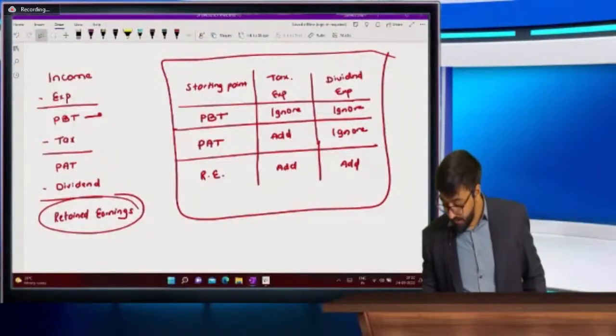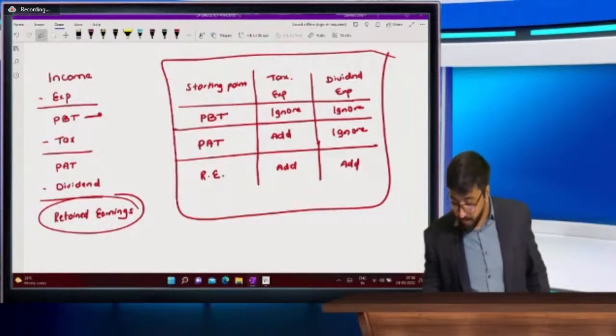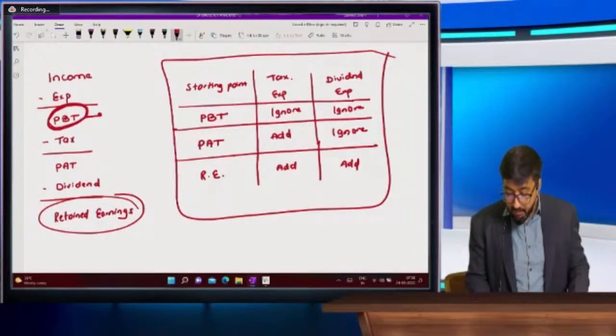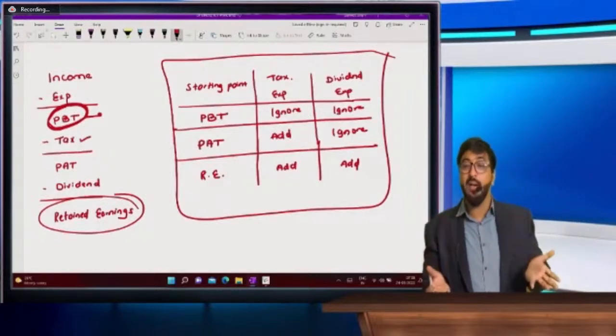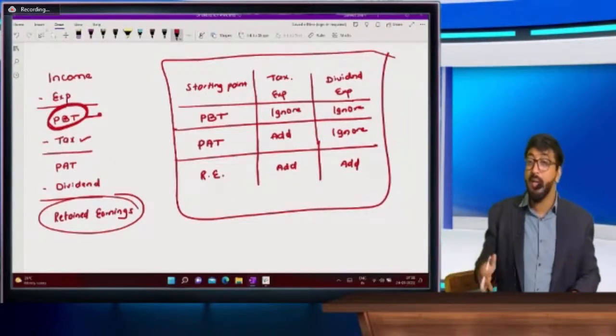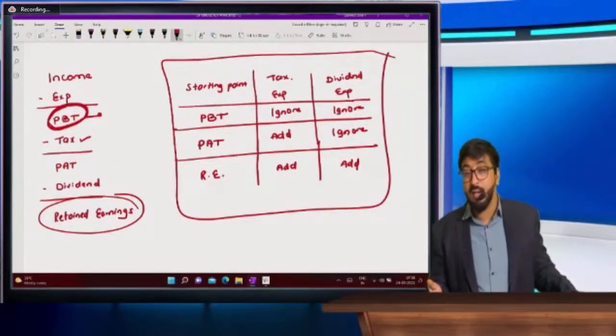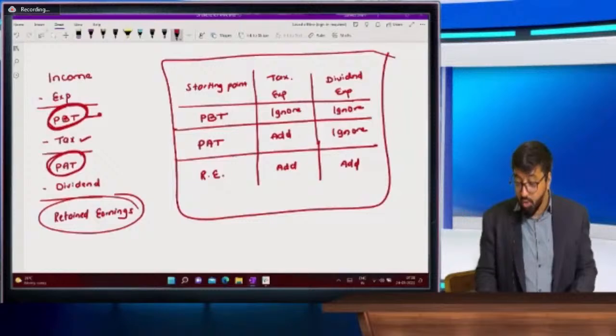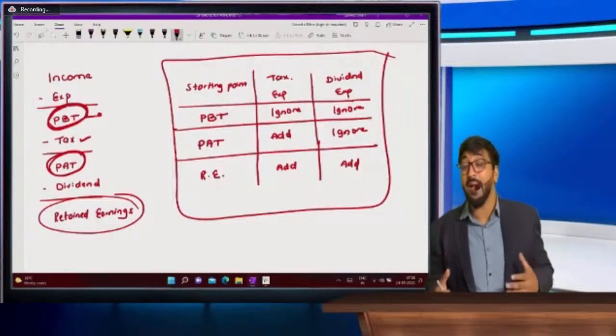अरे शिल्पा जी, एग्जाम्पल देके क्या बताऊं मैडम? प्रॉफिट बिफोर टैक्स से आपने शुरुआत किया तो आपने टैक्स डिडक्ट किया है क्या? तो टैक्स तो बाद में डिडक्ट होगा ना। तो बेटा टैक्स बाद में डिडक्ट होगा तो हम लोग फिर इसको एडबैक ही नहीं करेंगे। माइनस ही नहीं किया तो कैसे एडबैक करूं मैं उसको? पैट में मैंने टैक्स को ऑलरेडी माइनस किया।